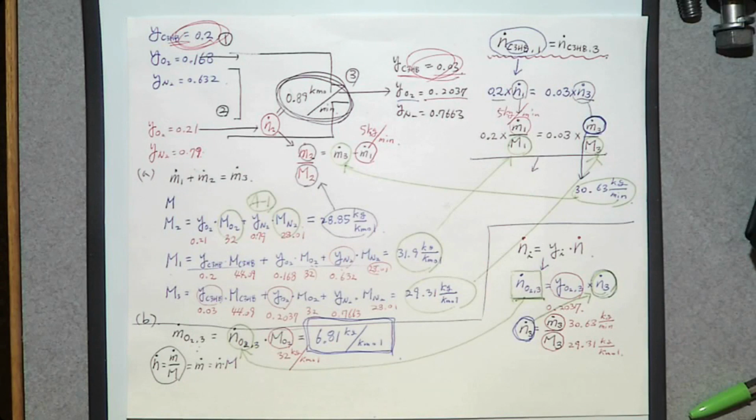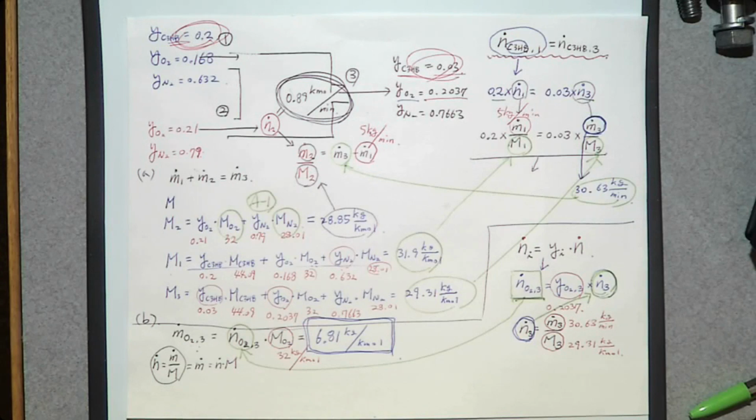Because this molar flow rate should be determined by its mass flow rate, and the mass flow rate, we have no idea about m dot number 3. So to determine m dot number 3, we use the relation between the molar flow rate at the inlet and the exit. So the problem is, we want to use this mass balance,